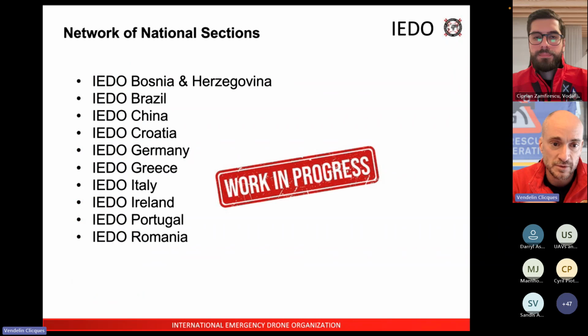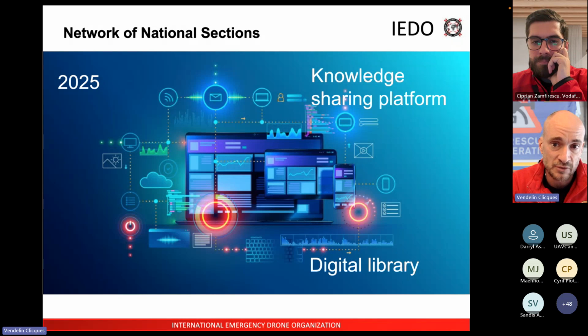But that's not all, because we are working very hard within the International Commission to develop and make official new national sections such as Bosnia, Brazil, China, Croatia, Germany, Greece, Italy, Ireland, Portugal, and Romania. And as you can see, it's not only European people, but really worldwide. And we are putting very hard effort into building national communities to manage the exchange of knowledge on the national level. But also, the next step will be to share the knowledge on the international level